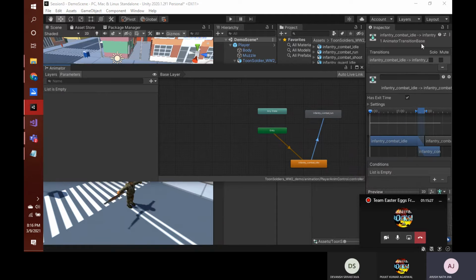in this inspector you have this one transition base. In this transition base you have some options, like the exit time and some graphs related to how you should transit between two animations. And here you have a list of conditions, and this list is empty. This list of conditions is used to define how this will move from idle mode to run mode. Okay, so first of all, let's untick this has exit time,